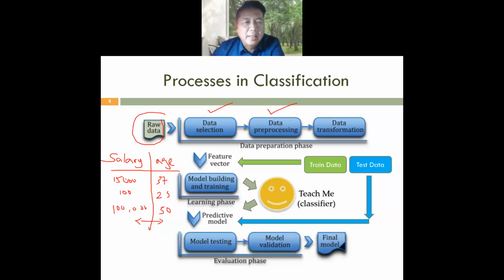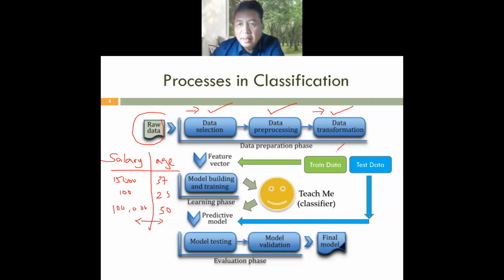So that is the data normalization. Sometimes we need to construct the features based on data that we have. So this is like feature construction, feature selection. And this one we select the row. Okay? This one we select the column. Okay. So once we perform the data preparation phase, then